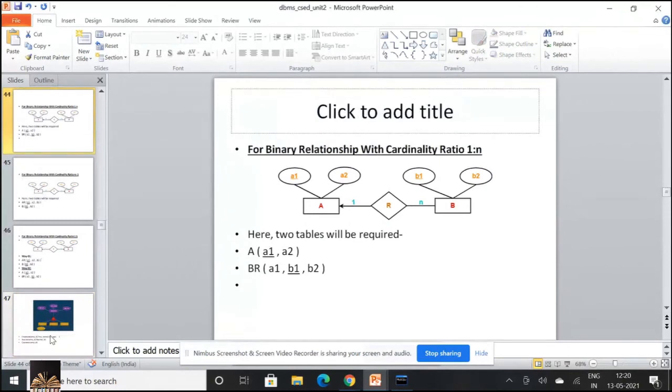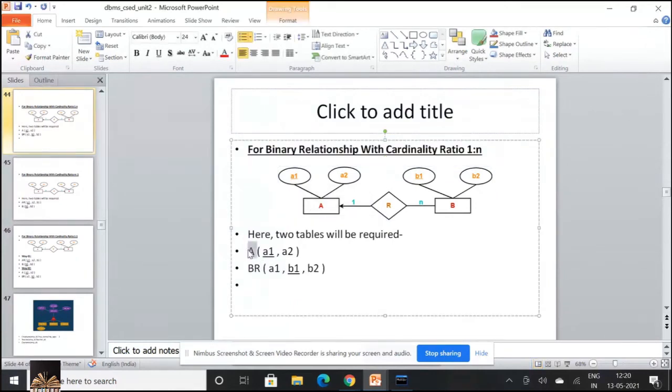Now 1:n. Try to convert this into two tables with respect to the entities. A, the one side, is taken as it is. You can see it clearly: A1, A2, A1 is the primary key. And the N side, which is nothing but B, has A1, B1, B2.